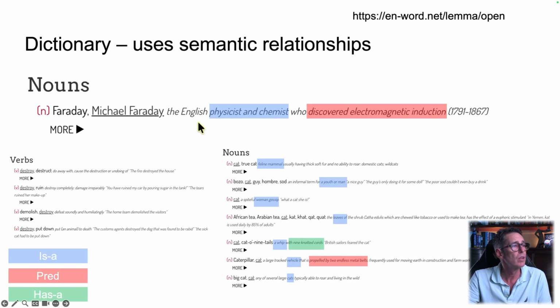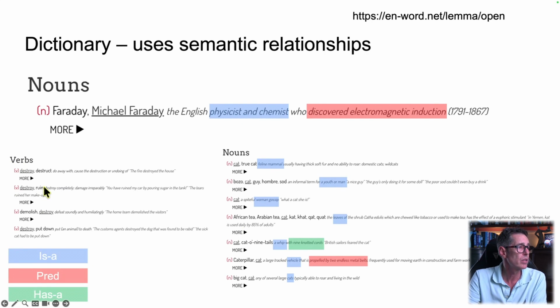And we can see here that Michael Faraday discovered electromagnetic induction, and he lived at this period. So there's another temporal predicate. So by simply storing these in a semantic network, a non-lossy semantic network, so it's basically a chunk of context in semantic building blocks, we know that he discovered electromagnetic induction. So based on that, we're going to be able to do a lot with nouns. We can build some very useful information.